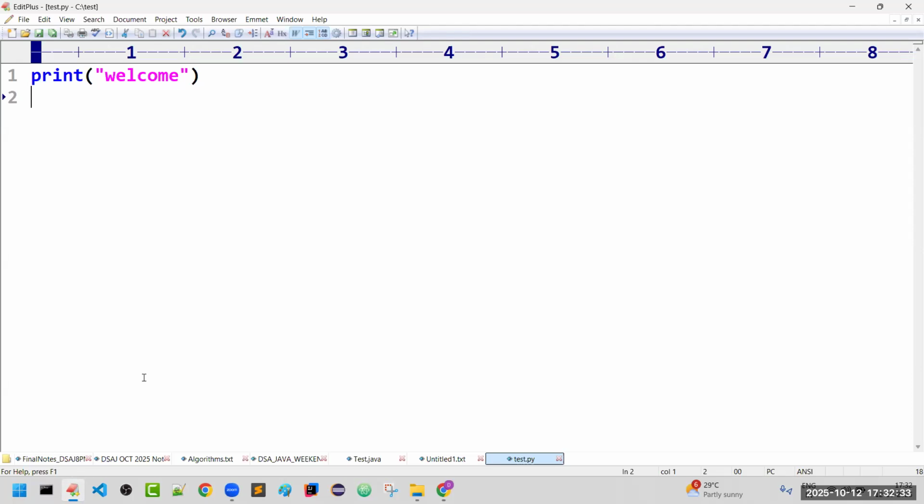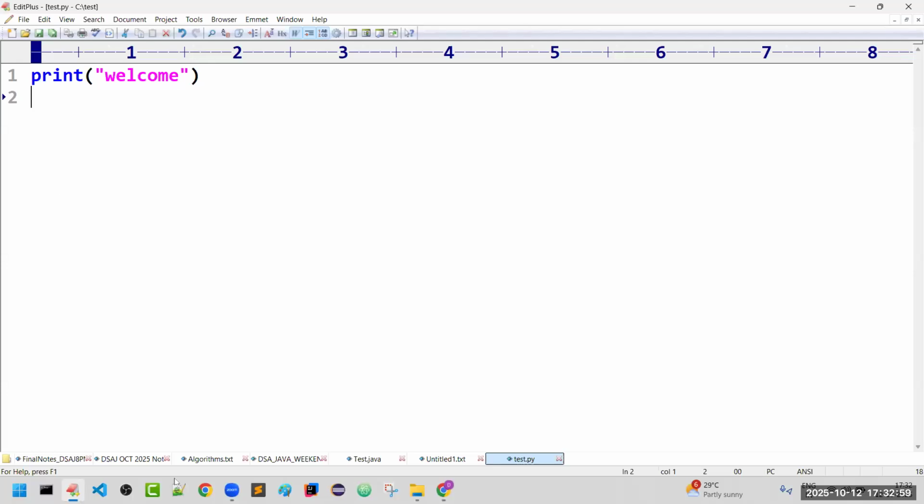After this, we are going to open the command prompt to execute this. Up to this, saving the Python file, is it clear? So what is the next step? We have to execute this Python program.